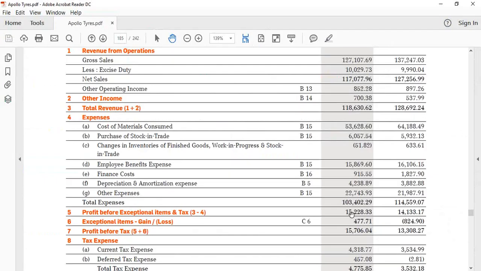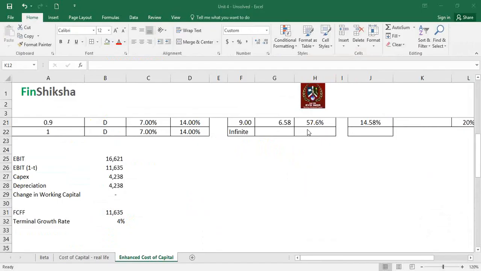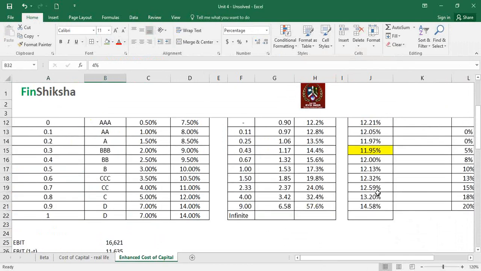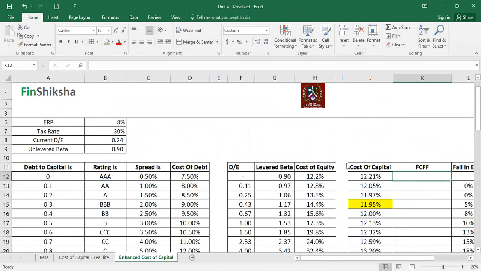We can check what is the depreciation level. That's about 4238. So we plug in 4238 here. Remember, depreciation and capex are assumed to be the same, so they cancel each other out. And change in working capital is assumed to be 0, so we arrive at free cash flow to firm of 11,635, right? Now we assume terminal growth rate to be 4%. We can now use the formula here to arrive at the value of the firm. What is the formula? The formula says I am looking at